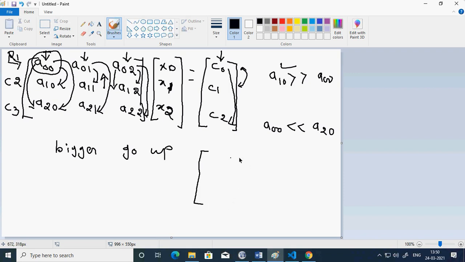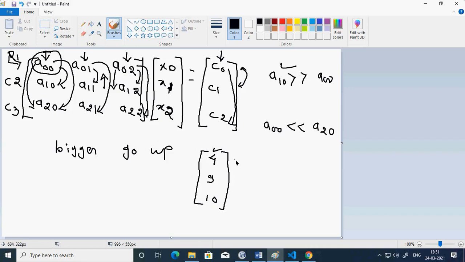So let us have only a column. I just label this as 4, maybe this as 9, and let's say this is 10. Only we will think about this. Now what I want is that at this location it should be the maximum. This is what we are talking about.